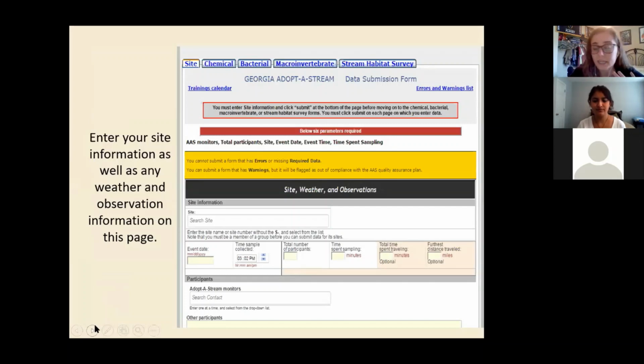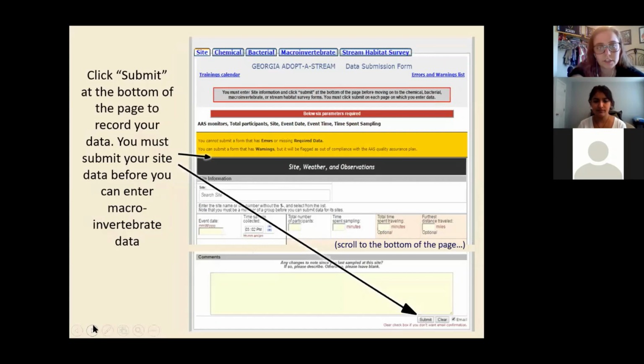It's online, and it pretty much mirrors that paper data form. So you should just be able to follow along and click, click, click and put things in. If you filled out that paper one, you should just be able to copy that right over in here. So we have the weather and observations first. You can see the tabs at the top of this screenshot where it says site. This is the site page. We're going to be putting in all of the observations that Jackie talked to us about, how important those are. Those are going to be on this data form. So you'll fill that out first, putting in all those observations, and you'll click submit.